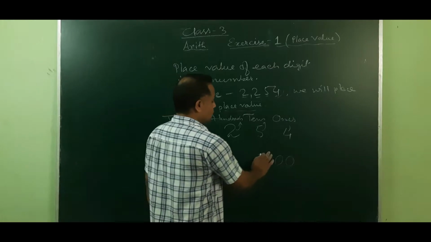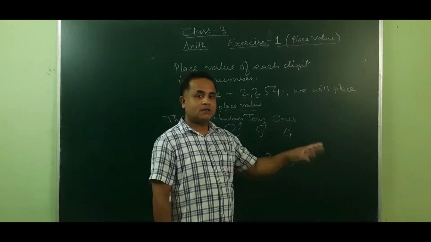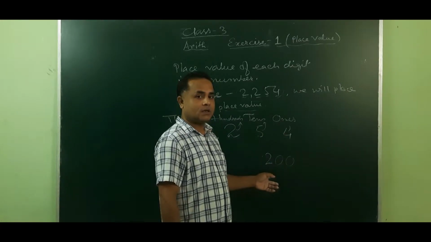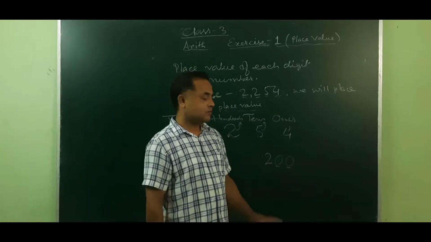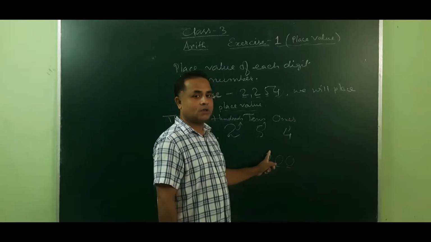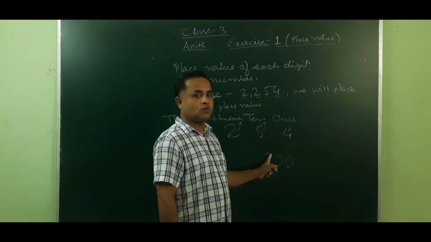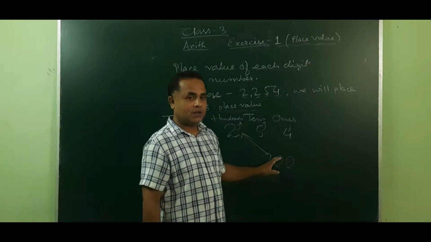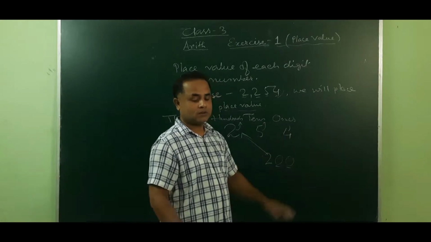If we want to write 200, 2 will be in the 100 place. Nothing is there, no other digits are attached to it, but 2 is in the 100. Then in that case, what do we do? We need to put 2 0s. So it becomes 200. So 2 will be in the 100 place, and the remaining will be in its 10s and 1s. You see,